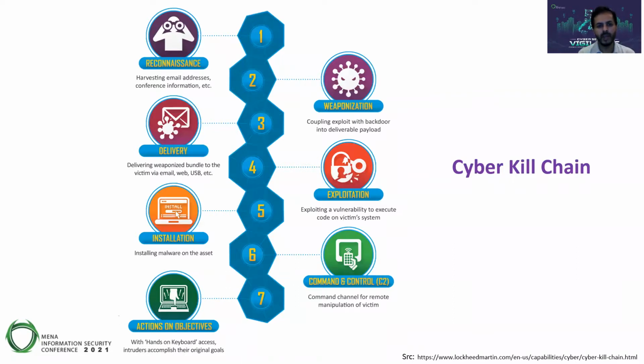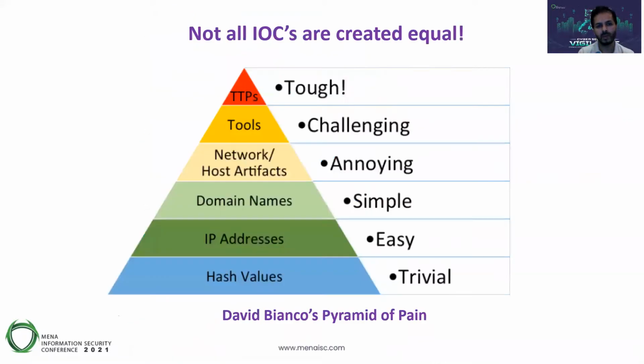Then you have the cyber kill chain. This is basically the means by which hackers, the bad actors, malicious actors, will look to compromise your given assets, all the way from reconnaissance through to weaponization, delivery, exploitation, installation, command and control, and action on objectives. So ultimately, their aim is to achieve point 7, which is action on objectives, which could be exfiltration of data. So this is more about knowing how they typically approach compromising your assets. And therefore, once you know your enemy, you can start to defend and prepare for your enemy.